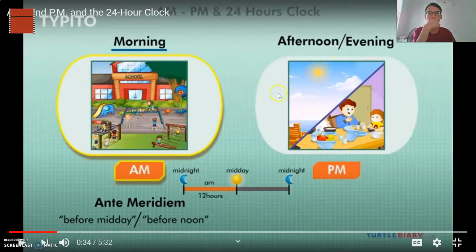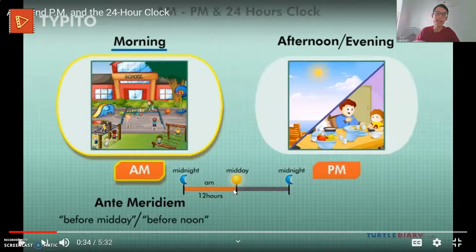Okay, so untuk sistem masa dia ada dua sistem 12 jam dan sistem 24 jam. Yang ni sistem 12 jam, dia ada AM dan PM. Pernah tengok kan? Pernah tengok masa dia akan tulis dalam AM dan PM. Okay, AM bermula dari tengah malam, 12 tengah malam hingga